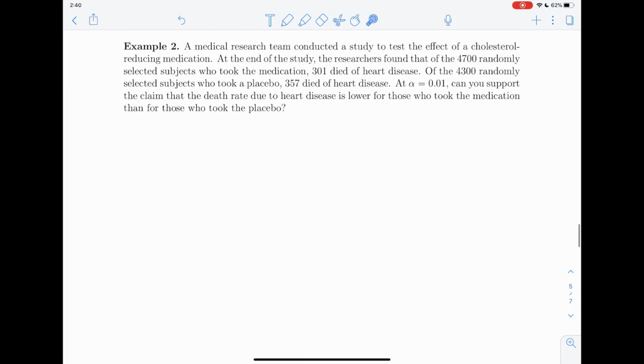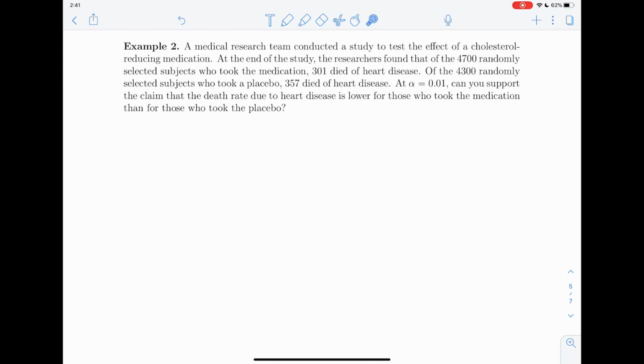This example has us encounter a medical research team that is conducting a study to test the effect of a cholesterol-reducing medication. Right off the bat, by the way, when I start reading this, I say, oh, a medical research team for this. That level of significance for this hypothesis test better be small, because there are people's lives on the line